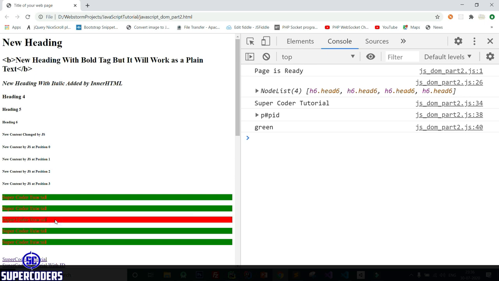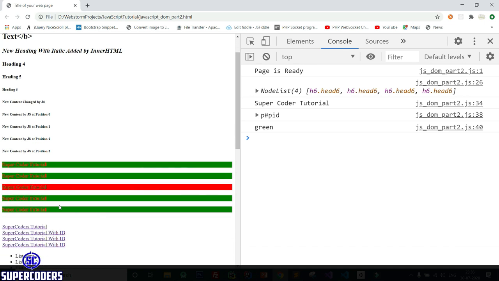That's why we need the use of this. This belongs to the current p tag, which means whichever I click, it will access the current element. If I click on the third element, it will access that third element. So this is the use of the this keyword in JavaScript.